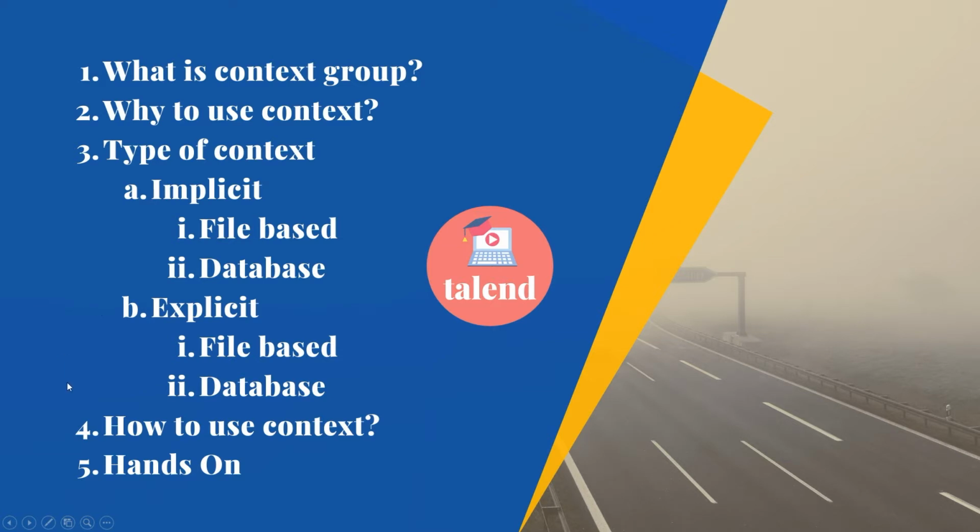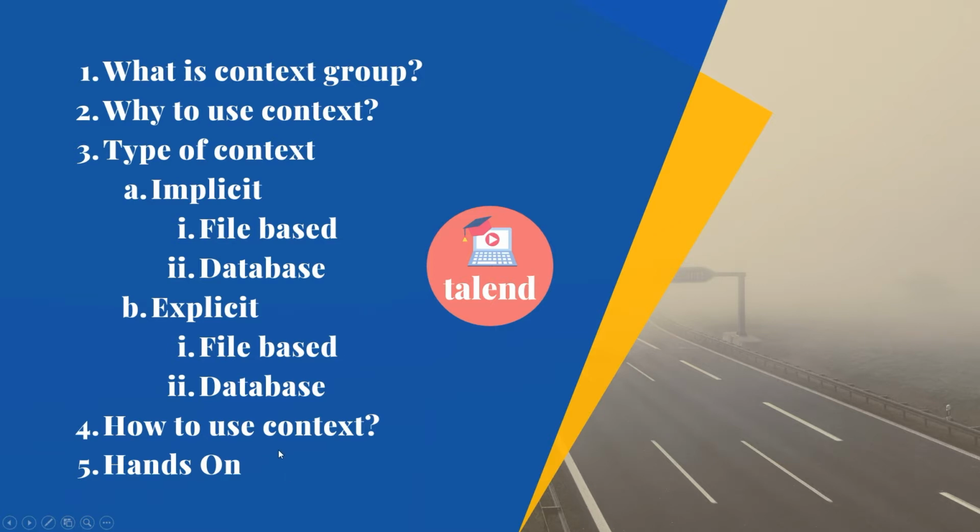In the explicit, these are used at the batch level. So if out of 500 jobs, you have 10 different batches, and one of the batches requires one set of variables, and the second batch requires another set of variables, then you should be going with explicit, so that you can have your own variables that are appropriate for that batch get loaded during that load. So these are the primary differences. We will next go with the hands-on.